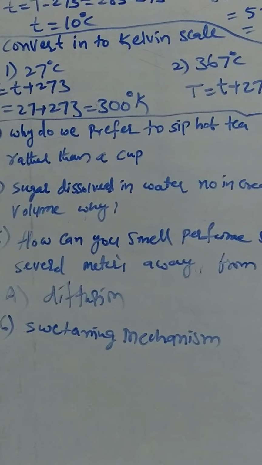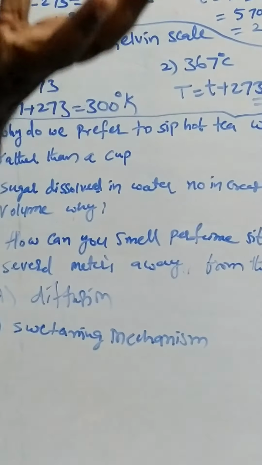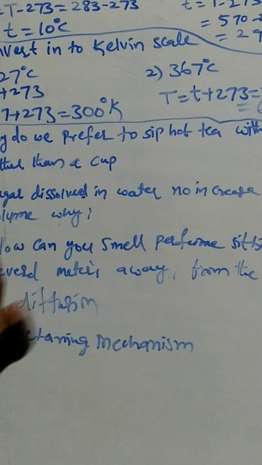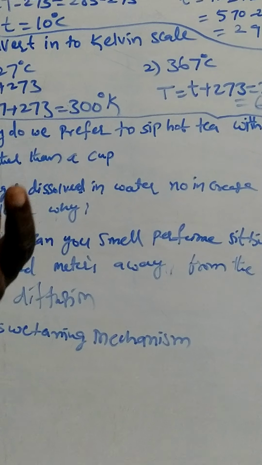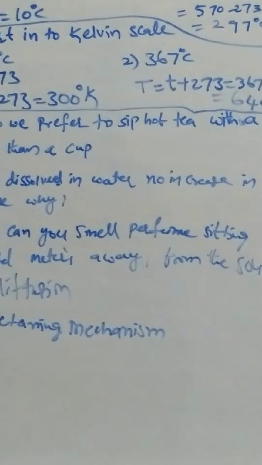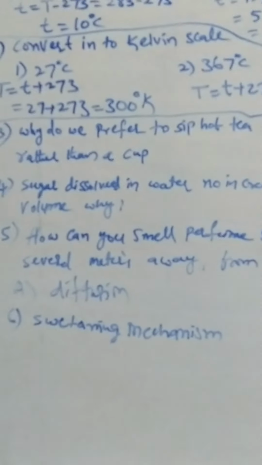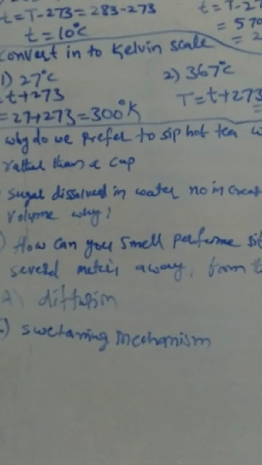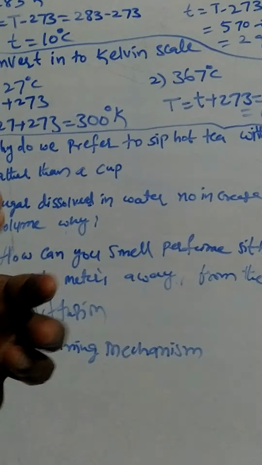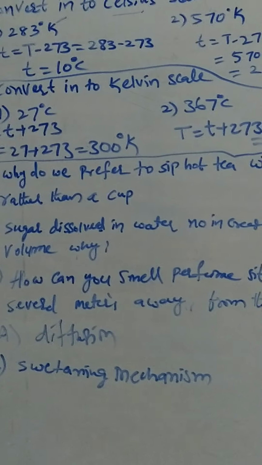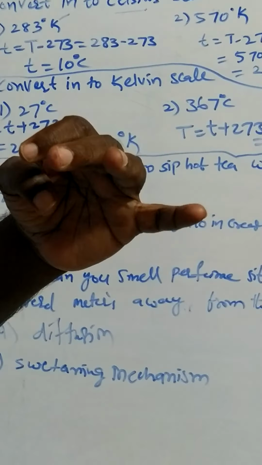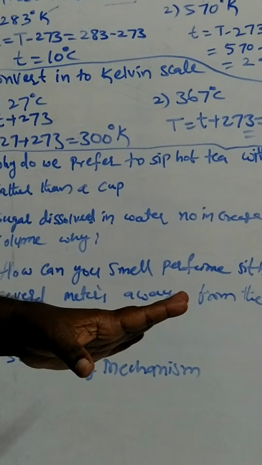Why? Suppose you take 1 liter of water in a bowl and add 1 spoon of sugar. Even after completely mixing the sugar, its volume does not increase. Why? Because, as I told you, there is a gap between the liquid particles. So when you dissolve sugar in the water, the sugar particles enter into the gaps. So that's why there is no increase in volume.